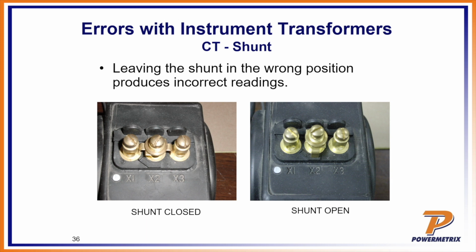And it went on like that, and finally some numbers came up that gave them reason to go back and check that site again. And they went back and they found that one of the shunts on one of the CTs was not quite all the way opened. And so that little bit of contact on that closed CT led to a dramatically lower reading for that meter site. And they lost a lot of money. It wasn't the customer's fault. It was just a problem on a shunt that was closed. So that's something to be careful of.